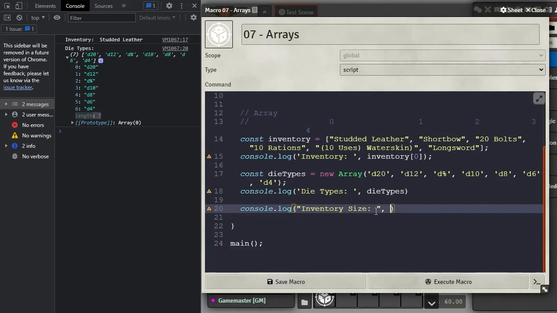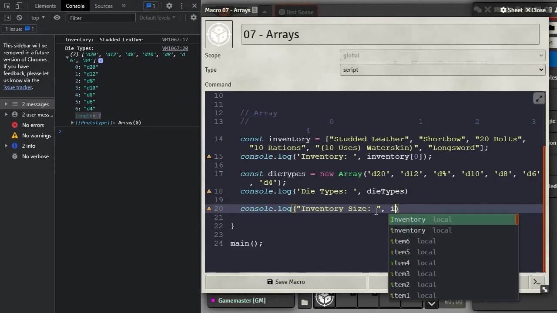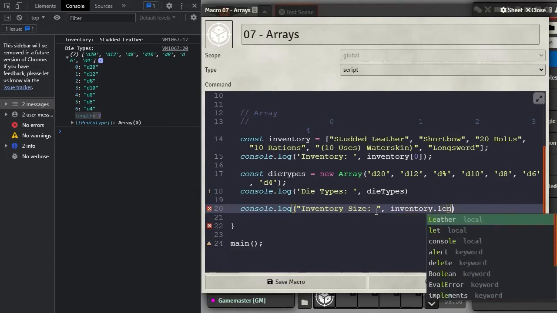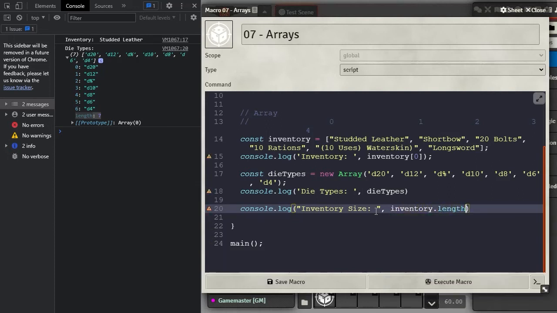And the way we would access this, we would say inventory dot length. So if we do this, it's going to tell us that our inventory size,